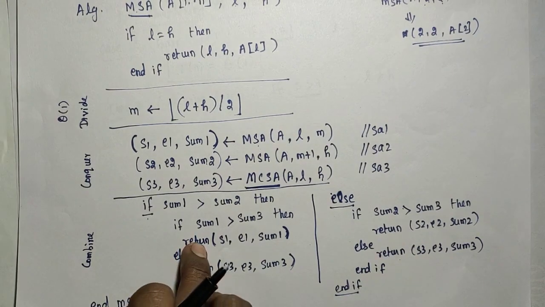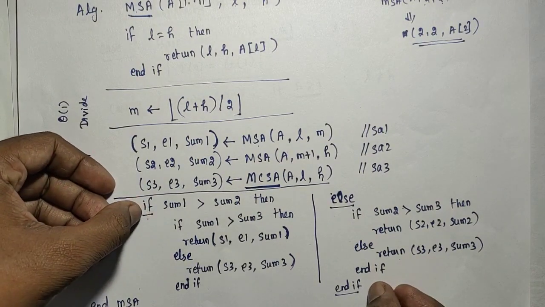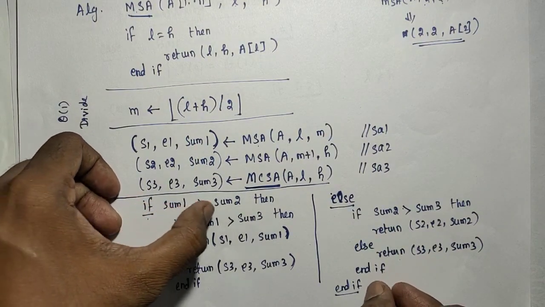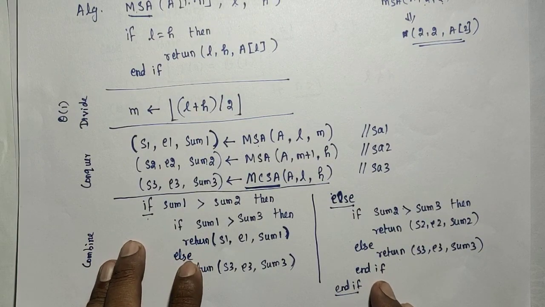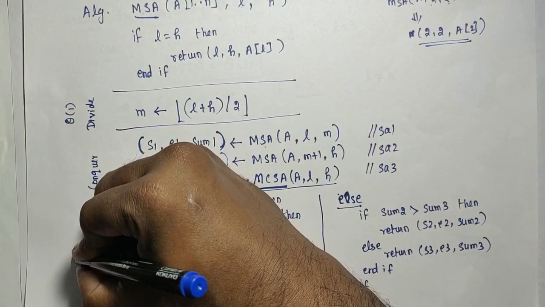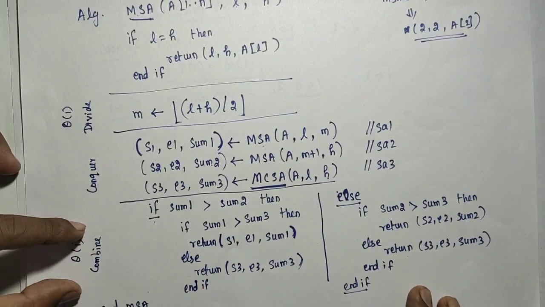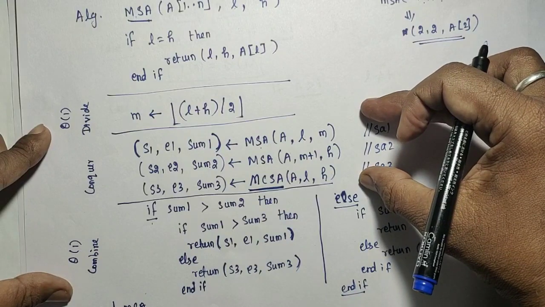So this is also not dependent on the input size. Whatever the input size, whether the n value is 100, 200, 300, the number of comparisons for finding the maximum among the three values is 2 only. So this is also called constant complexity. Usually 2 comparisons or 3 comparisons, constant comparisons, are considered Theta of 1. You can say Theta of 2 or Theta of 1, so Theta of 1, like that we can say it. So this complexity is also determined as Theta of 1.